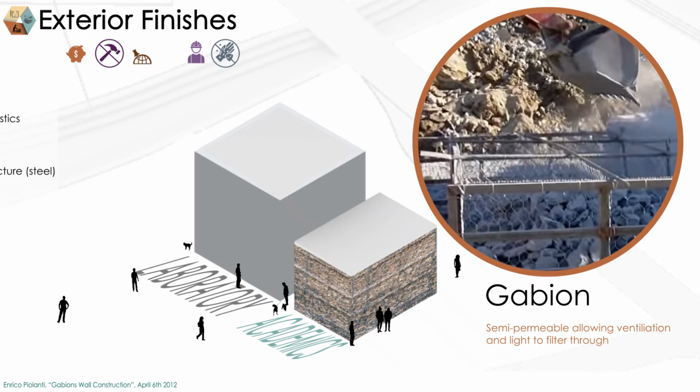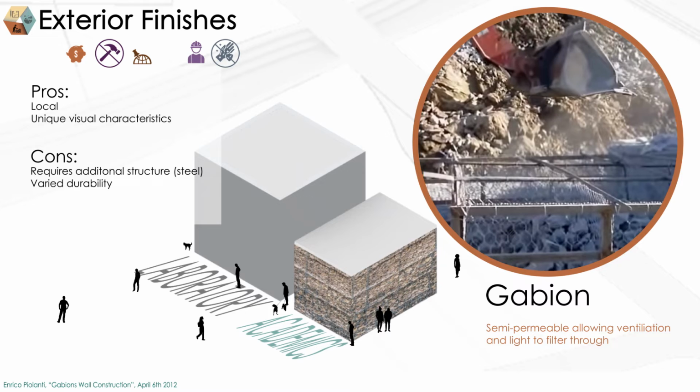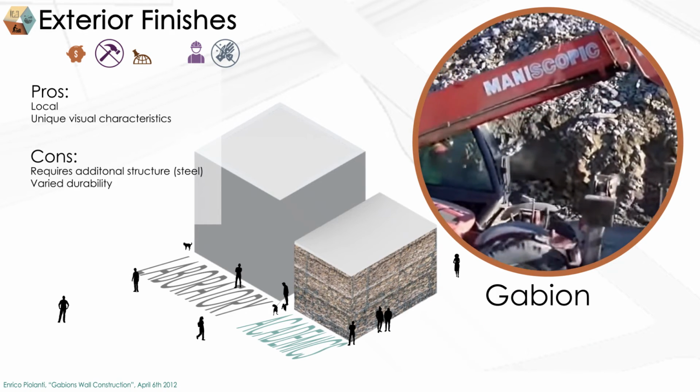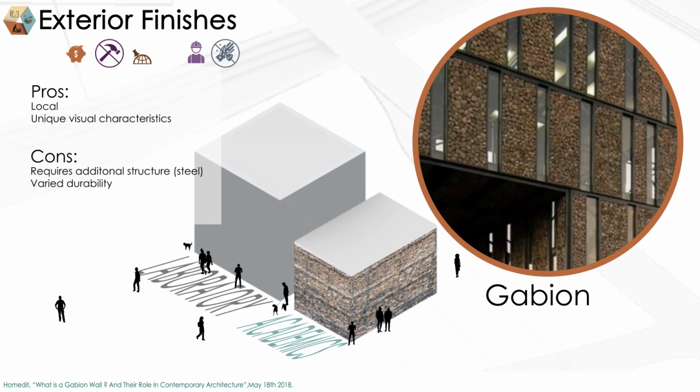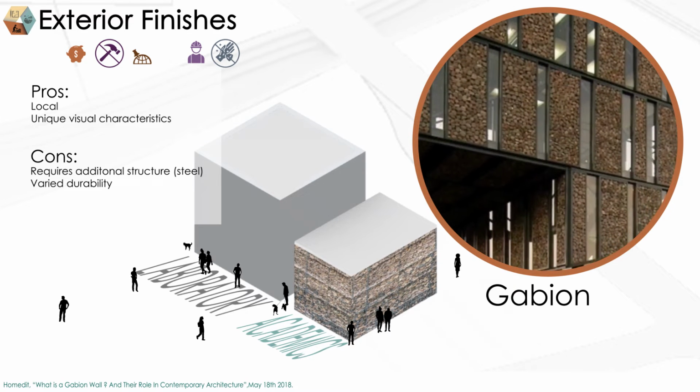The difficulty with using this material comes from the amount of labor that is required to create the walls, and because the durability of the enclosure depends on how well the stones are placed within the wire baskets. Looking at the Metropolitan Park south entrance, this project uses a steel frame as a structural system with gabion walls